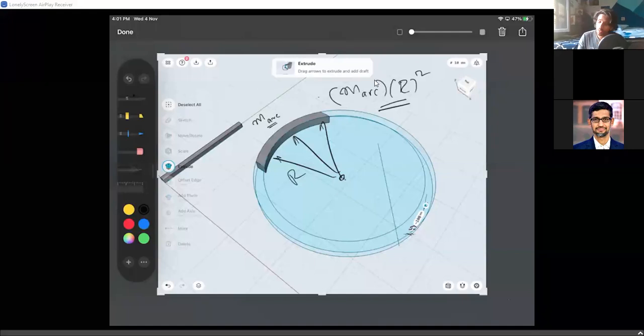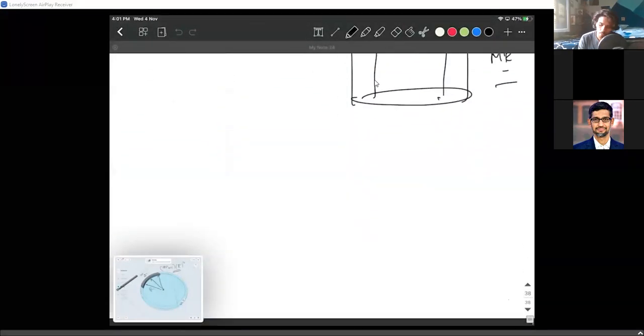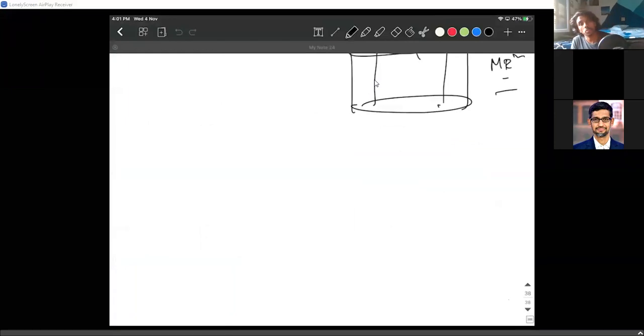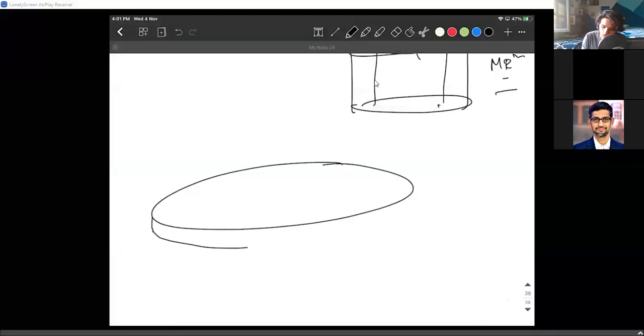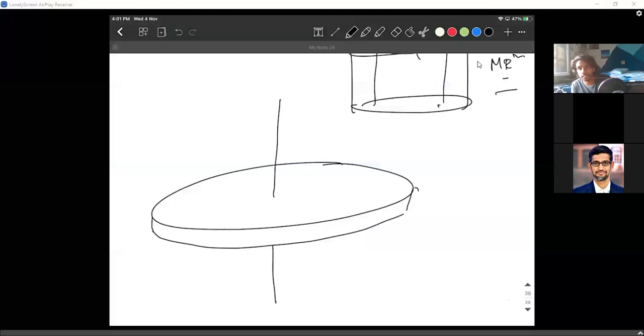All right. Now, once you're clear about this part, I want to talk about more shapes now. What other shape do you want me to talk about? Of course, the next shape that we need to talk about is a disk. What is the moment of inertia of a disk? Can somebody tell me the best way to write the moment of inertia of a disk? We already know the moment of inertia of a ring. Aditya, tell me, how are you going to do it?